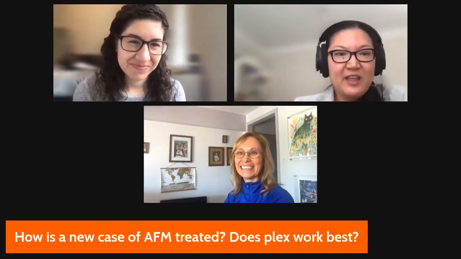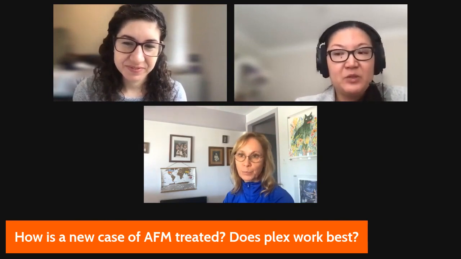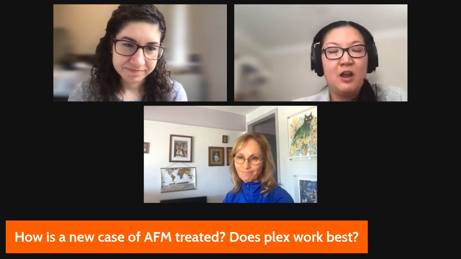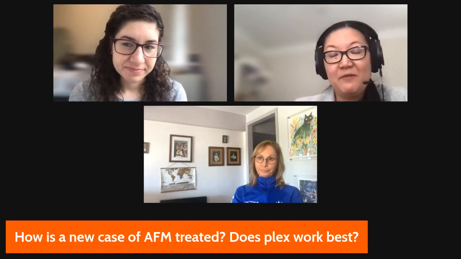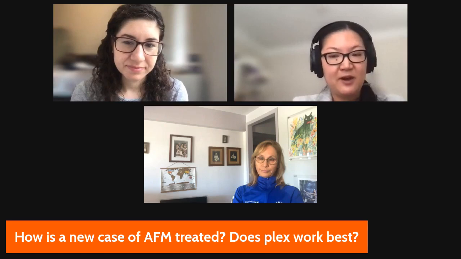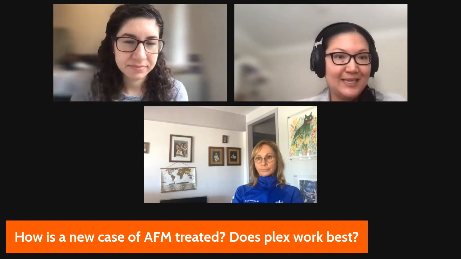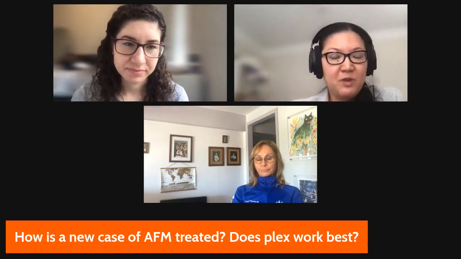Yes. So if you're diagnosed with AFM, we try to do these treatments early. There's no data showing that one treatment works better than the others, but most people will favor giving intravenous immunoglobulin or IVIG. The reason for that is that it can help if you have inflammation. It can help in case you have an infection. And if somebody comes in with fevers and they're suspected of having AFM, we definitely want to make sure that there's not an active infection going on, because other treatments like steroids, for example, could potentially make that worse. So definitely most experts will recommend IVIG.